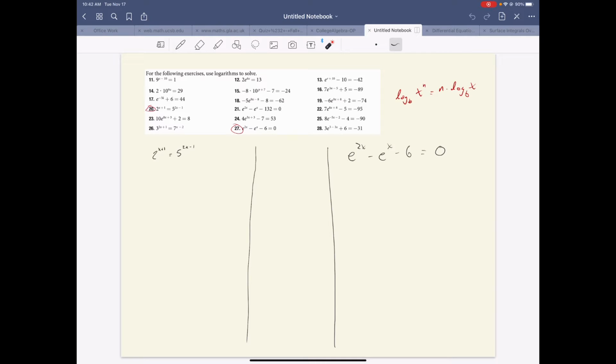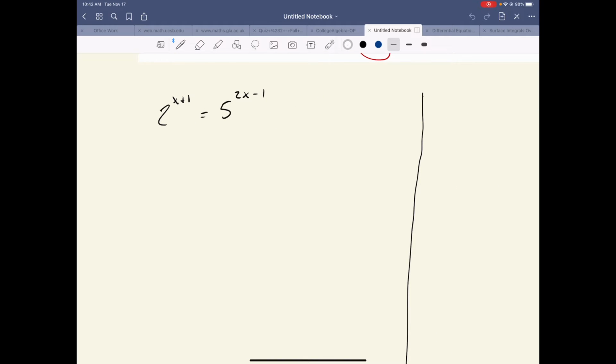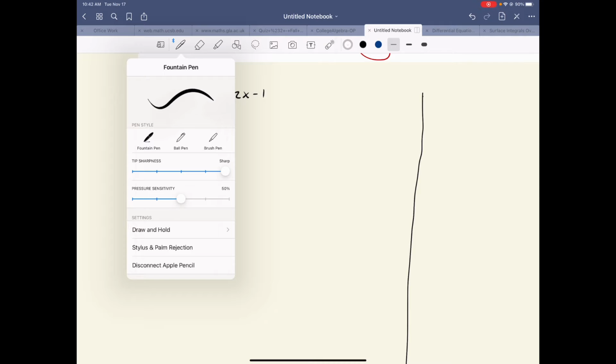There's only one thing that I know of that allows me to bring powers down, and that's this rule right here. And so whenever you log something and you have anything to a power, that power is allowed to pull down in front and multiply it. Notice that it's the whole power times the whole log. And so when I do this, I need to bring down, so I'm going to log both sides, and just like before,